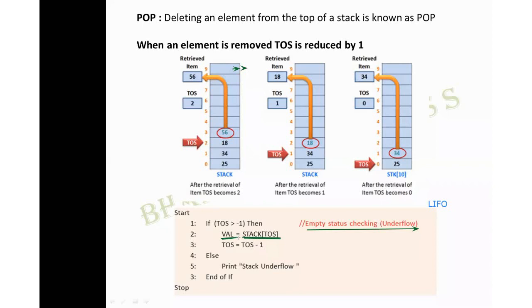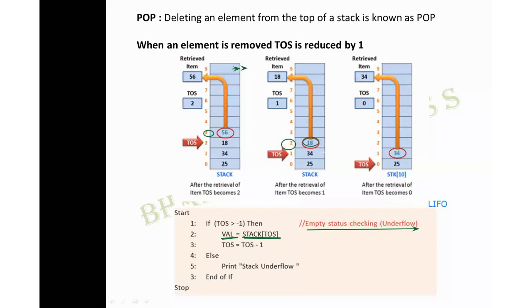After that, what are you supposed to do? You have to reduce the top of stack value by 1. So listen, here it was in the 4th position, that is, index 3. Now I have reduced it. Where is it coming? It will come on to 2. Then next, again you are checking whether it is greater than -1. If so, you are removing this element.